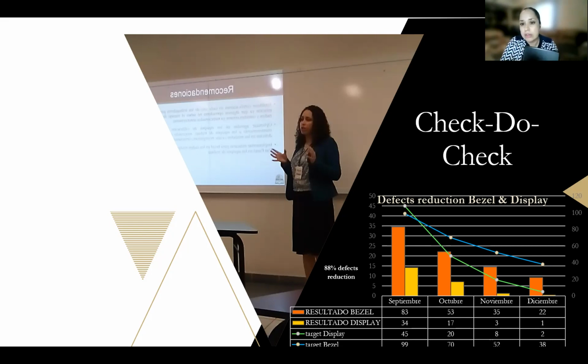I'm just going to call it radio that way, but you know that I'm referring to the actual stereo from the automobile. So the display is all of the screen from that radio, and the bezel is like the surrounding